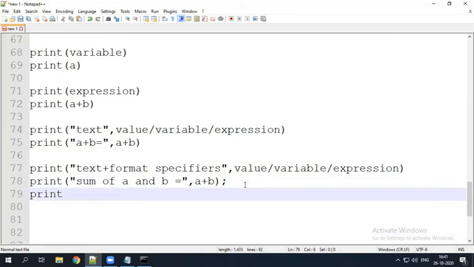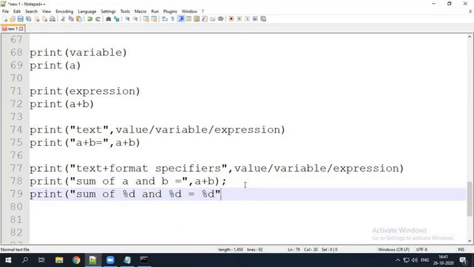At that time we use the format specifiers. Sum of percentage d and percentage d is equal to percentage d.